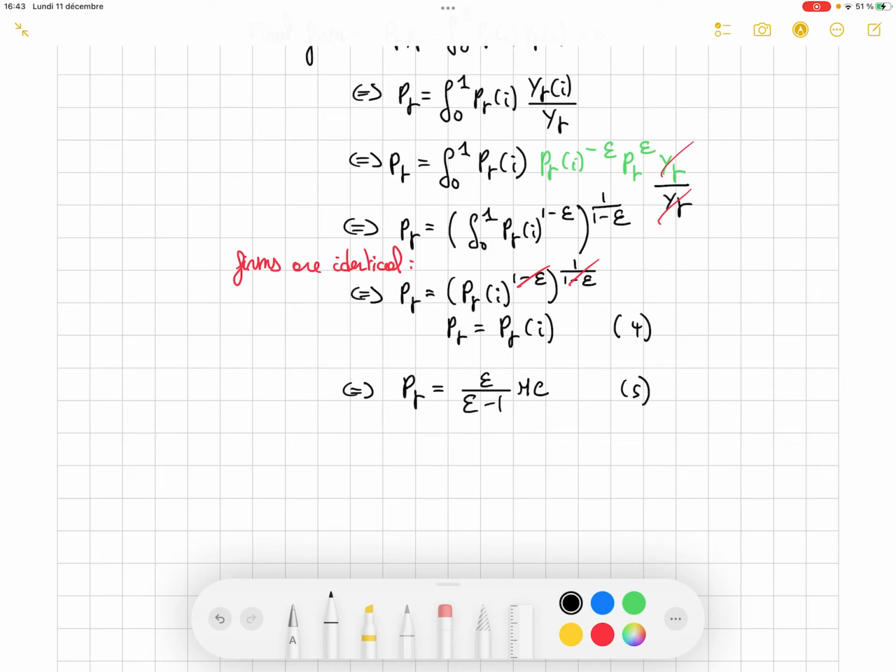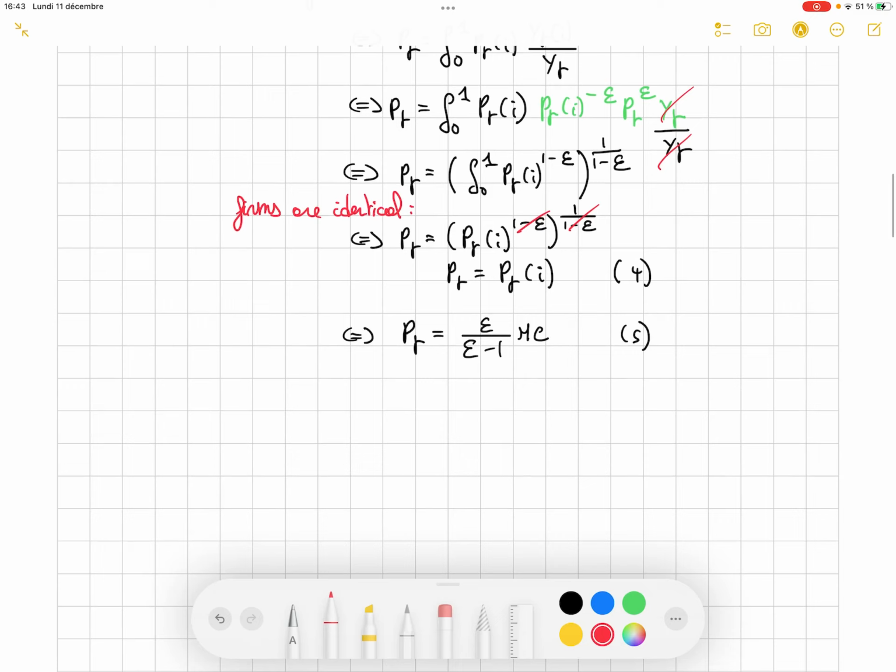So now that we have our price index, we still see basically it's the same as the variety. This is higher than 1, right? Because the elasticity of substitution is higher than 1, and we call that the markup, of course, because it means that the price will be higher than the marginal cost of a variety. So it is not very surprising that the price index is higher than the marginal cost of a variety.